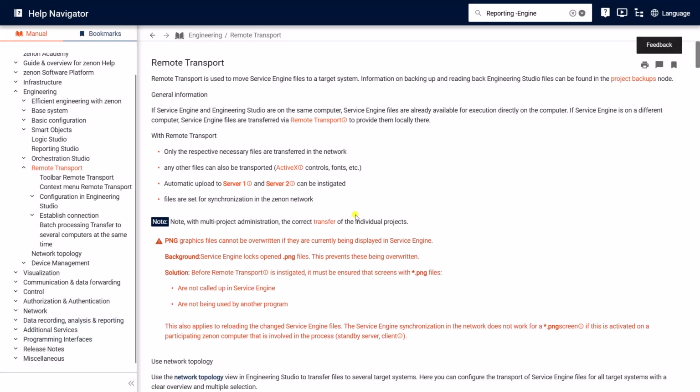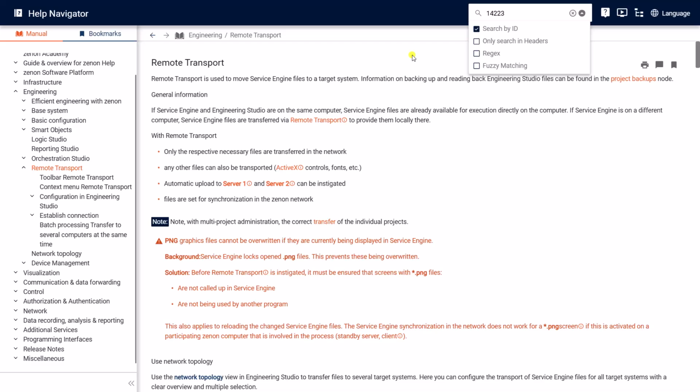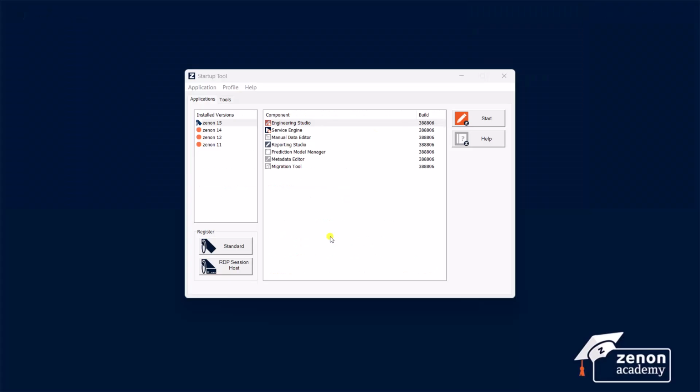The ID can also be copied to the clipboard via right-click on the node in the tree view. This is also indicated with a toast message. If we copy this ID and then navigate away from the topic, all we have to do is paste it into the search box and tick the corresponding checkbox down here, and it'll take us straight back to the exact spot we left off.